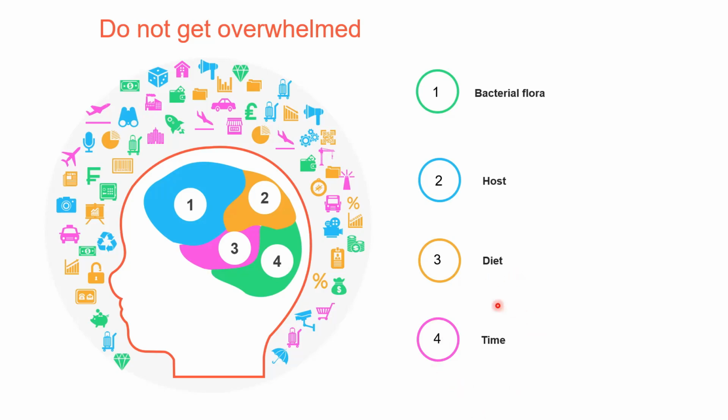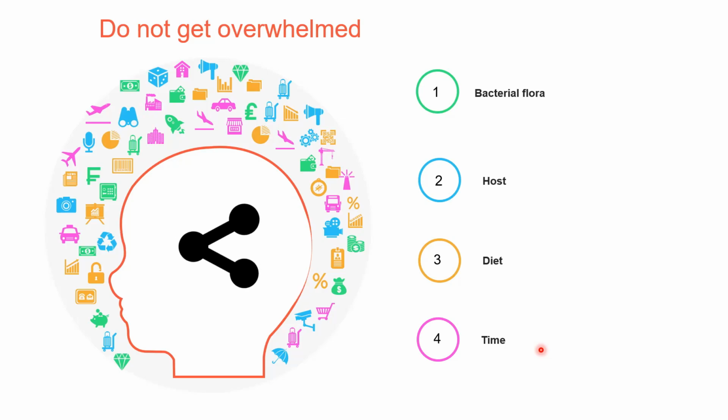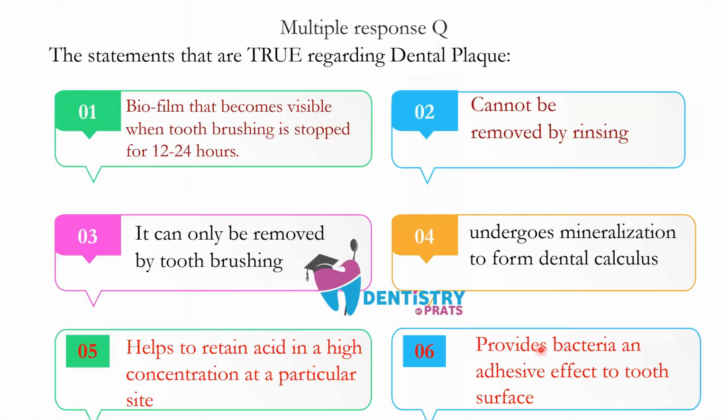And the time of contact is influenced by the production of dextran and glucan, which are helpful in attaching the bacteria to the smooth surface of the tooth, and provide a form of attachment so that there is a longer effect of the acid which is released by the bacteria on the surface of the tooth, which will result in demineralization. And dextran helps the bacteria to survive whenever there is a low sucrose diet. So that was the summary of whatever we studied.